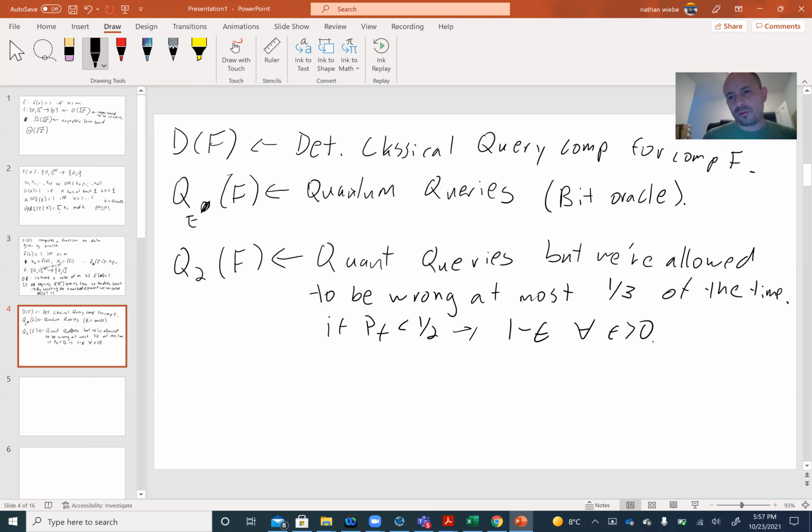Typically 1/3 is used just by convention for this fixed number, but the particular choice doesn't matter so long as it's a constant and it's bounded away from 1/2. Okay, so these are the